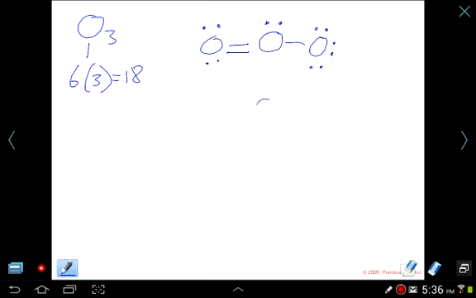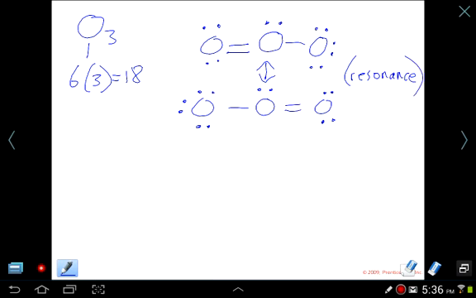So we have to show that the double bond can also be on the right side, and then completing the Lewis structure gives us this, and then we put a double-headed arrow to represent resonance. Remember, you have to watch for resonance, as some of these molecules are represented better by 2 shapes or 3 shapes. Now we can get on to the electron domain geometry